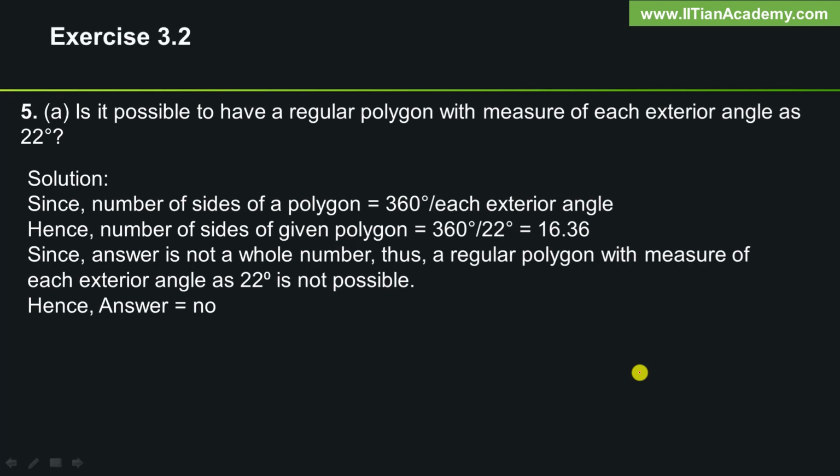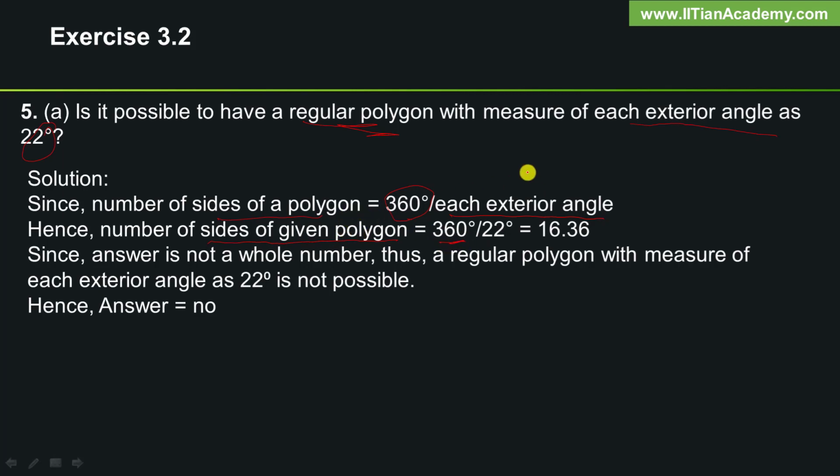Here, we have to see whether a given exterior angle can be for a regular polygon. We need to see if the number of sides calculated is a whole number or not. Just see in this question. Since the number of sides of a polygon is equal to 360 degrees divided by each exterior angle, hence, the number of sides of the given polygon is equal to